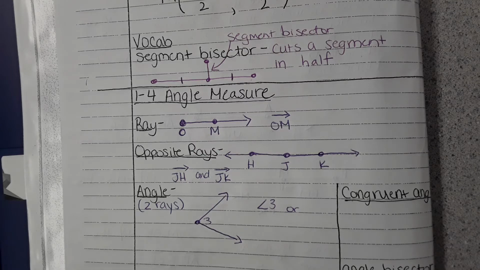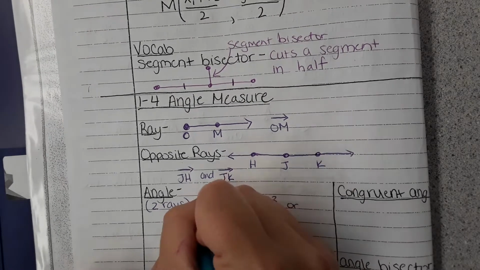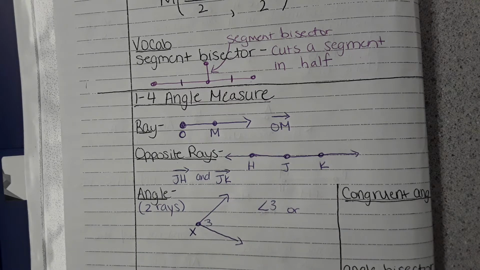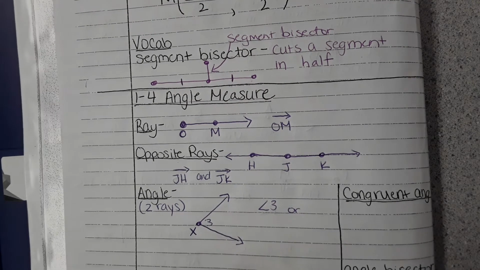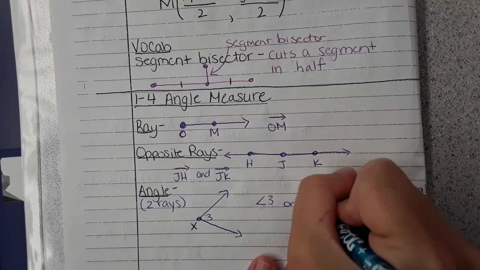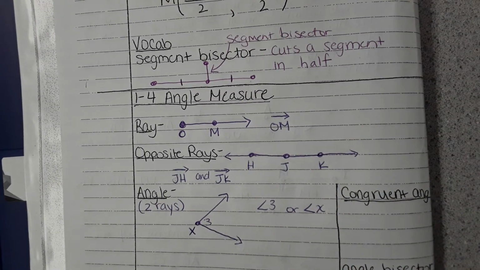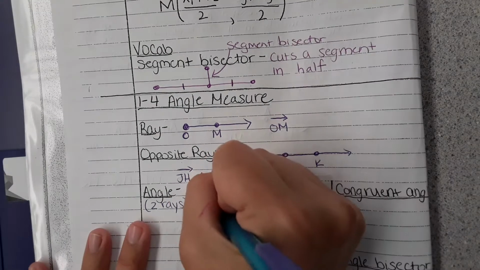Okay. Then often the vertex right here will be labeled with a point. Let's say that's point X. That point is another way we can name that angle. So we can say this is angle X. Another way